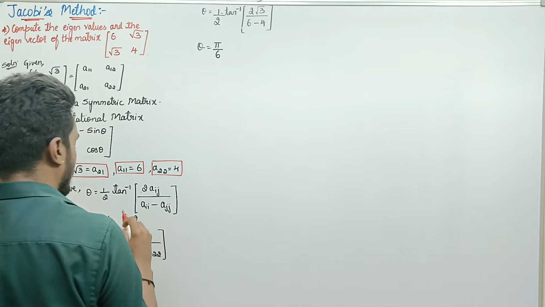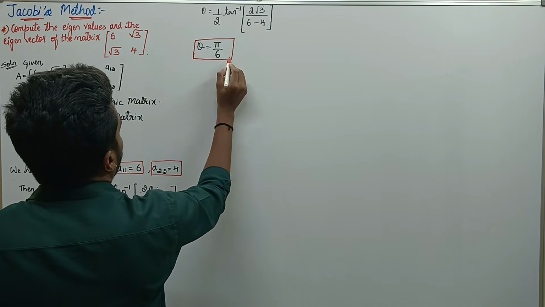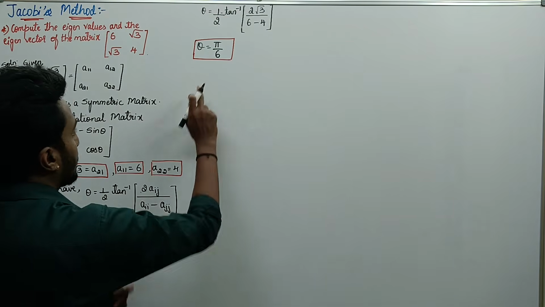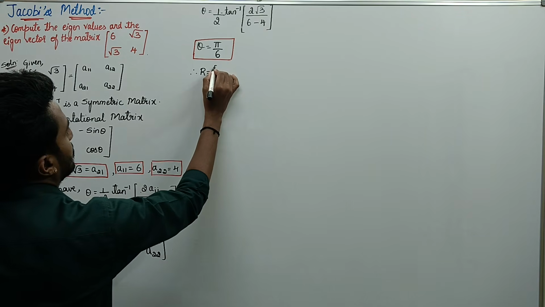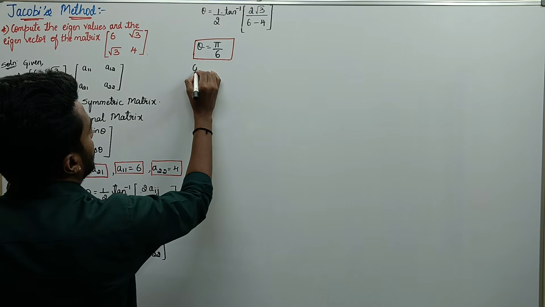Then yes, after this condition, highlight this part. Now after finding the value of theta, substitute in what? The given R, that is the rotational matrix. Okay, substitute theta in R. Therefore R, which is equal to, okay, let us represent, consider